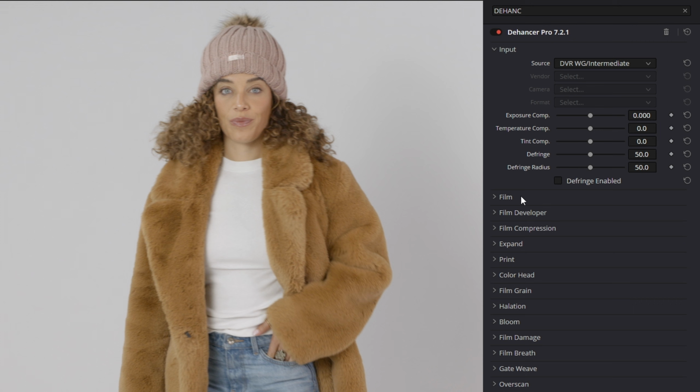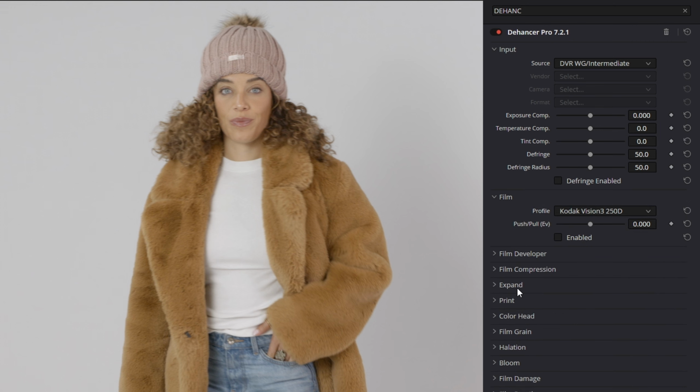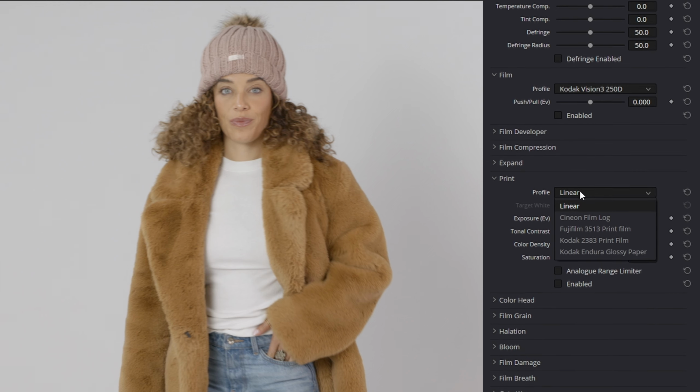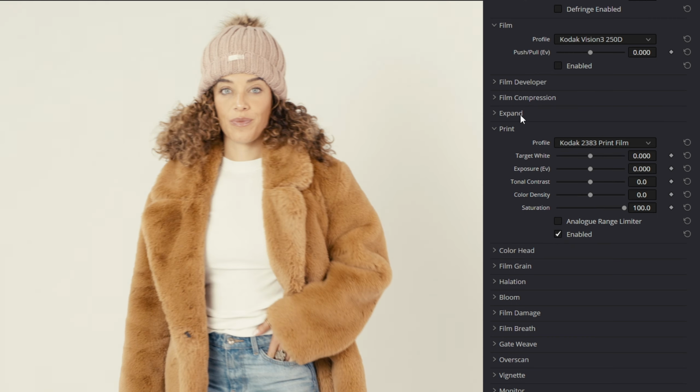So I have it on DaVinci Wide Intermediate, and then I'm going to open, and I can go to films. In this case, I recommend starting off with just your print film, which is just your positive film. They have the Fuji film 3513 and then the Kodak 2383 print film, a pretty notorious film. What happens here is pretty awesome. If you go to the print film for the Kodak and you just turn it on, you get a big pop, pretty much. And then within here, you have your target white,